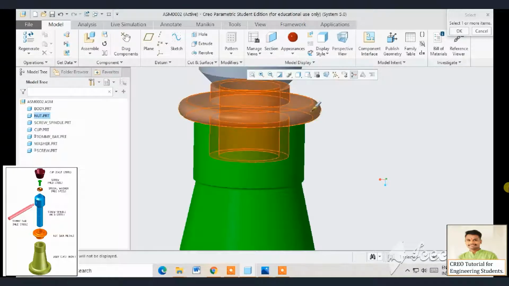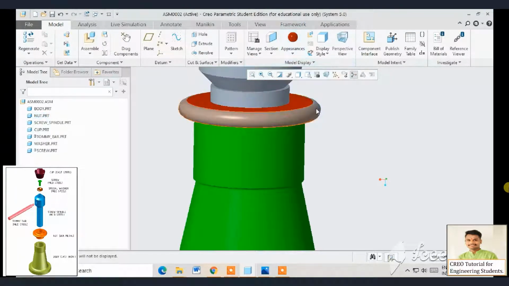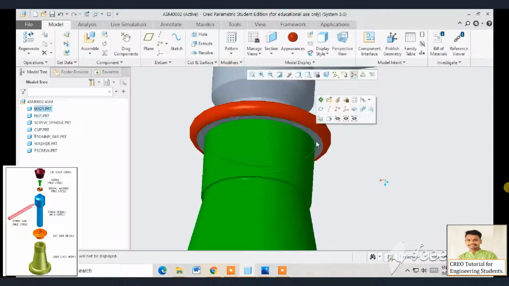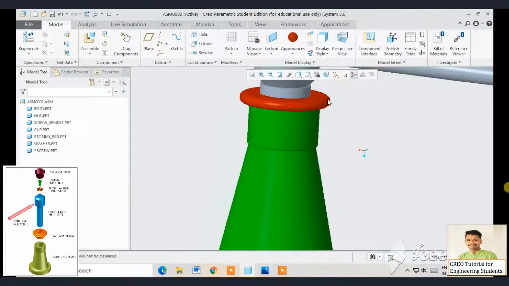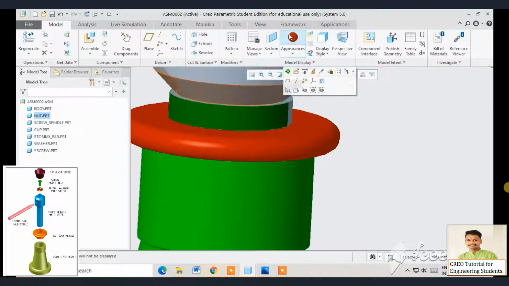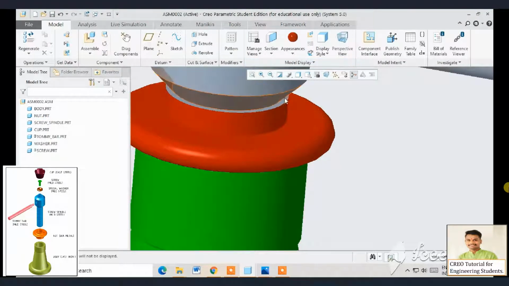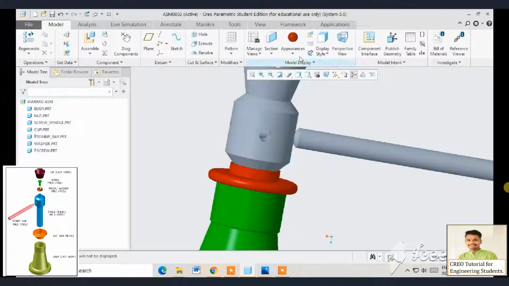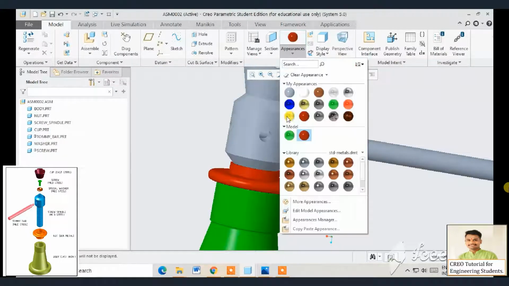Now I am going to provide the red color to the nut. In this way I have given the red color for the nut. Select the sketch, go to appearance and select the color that we want to give.